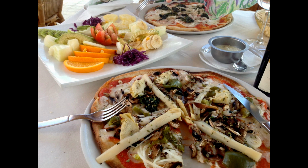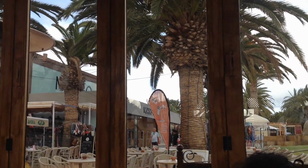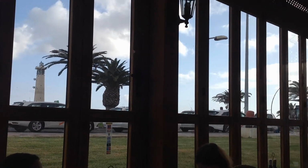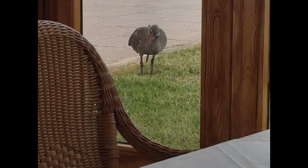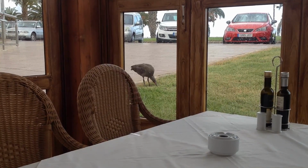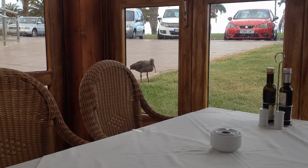So there we are, typical traditional pizza meal in a conventional touristy restaurant, and very nice it was too. I like my pizza occasionally. And then just having a little look around at the area, getting a sense of what it's like. So there were sports bars here with massive TVs, so you could watch sport whenever you wanted to. There's a mysterious bird again, and I was most pleased to get that shot. So they're finding insects to eat, despite that ground being, you know, desert that's just been turned over into a